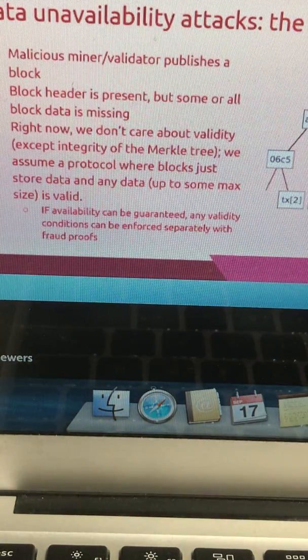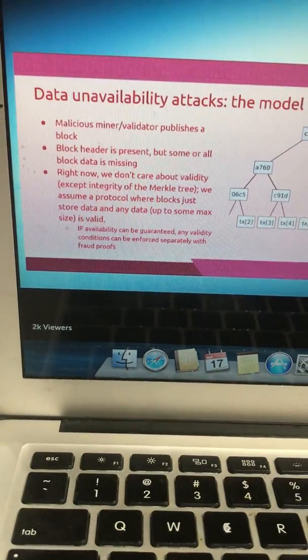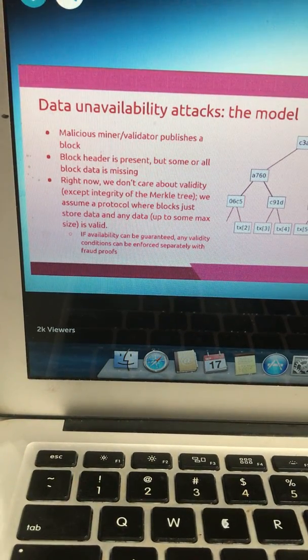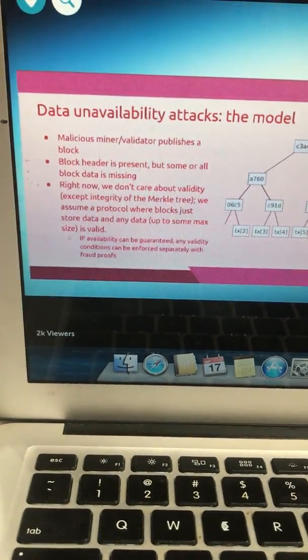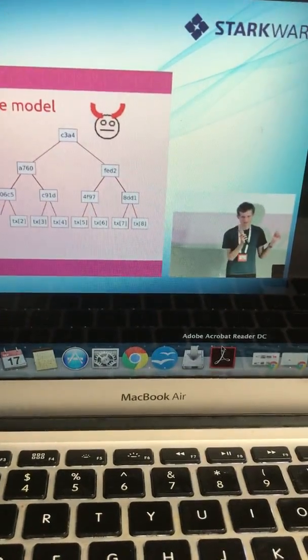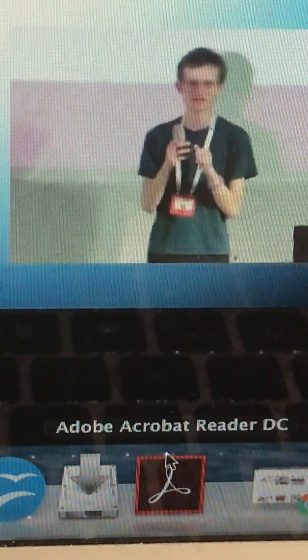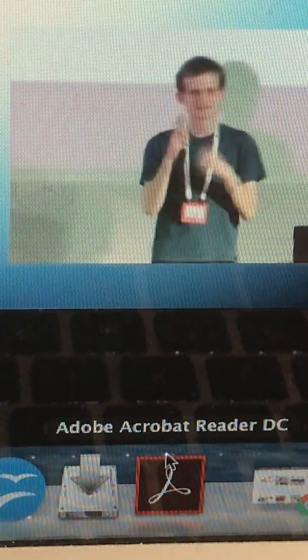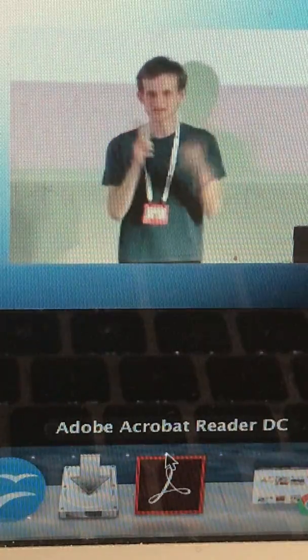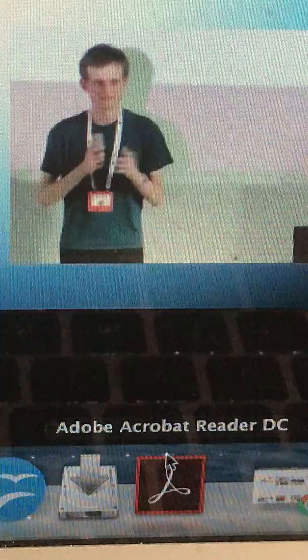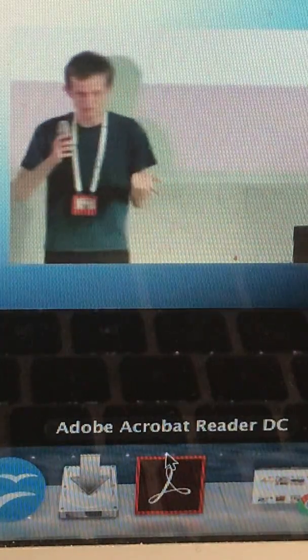So if we're going to think about proving data availability, it also mentally helps to separate out the two cases. We can think about a model where we don't really care about any notion of validity. And if we do care about validity, well, we can separately have a fraud-proof mechanism for it. Let's just talk about a chain where all the chain does is hold a bunch of data, and a valid block is a block that has data. The data could be anything, but the data has to have been published. It has to have been published to the network and be available.